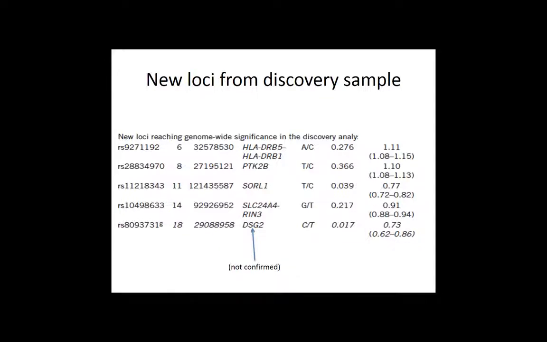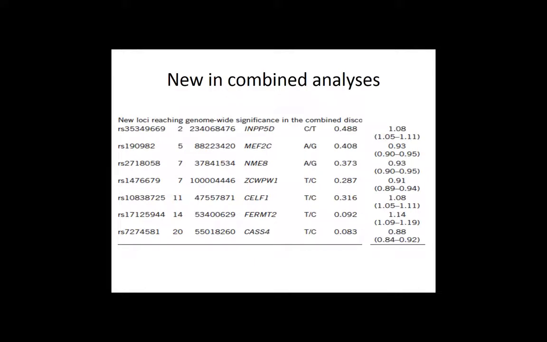And it's a tough battle. But it's the case that even with a really conservative 5 times 10 to the negative 8 threshold for a p-value, not everything replicates. And then in the combined analysis, so these are more sort of discovery with all 74,000